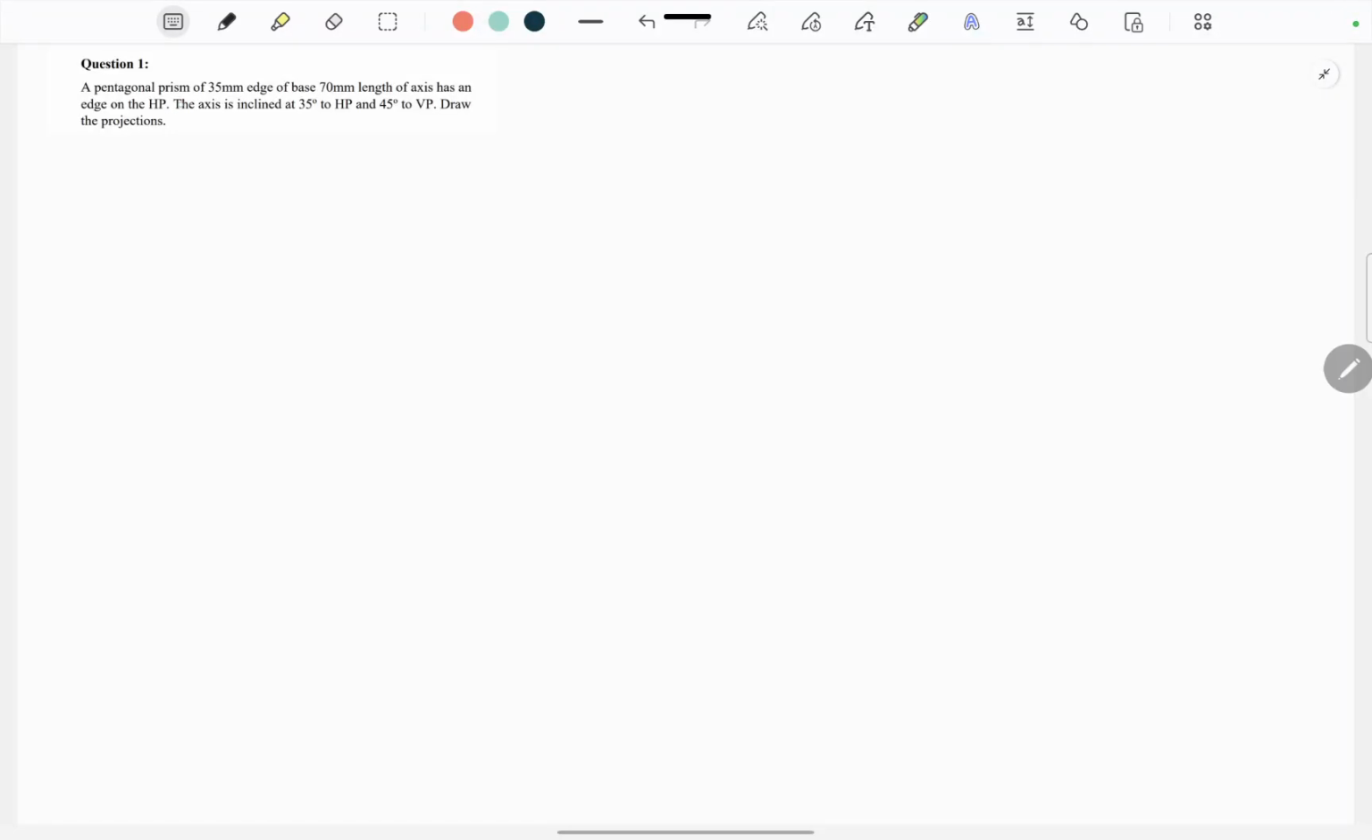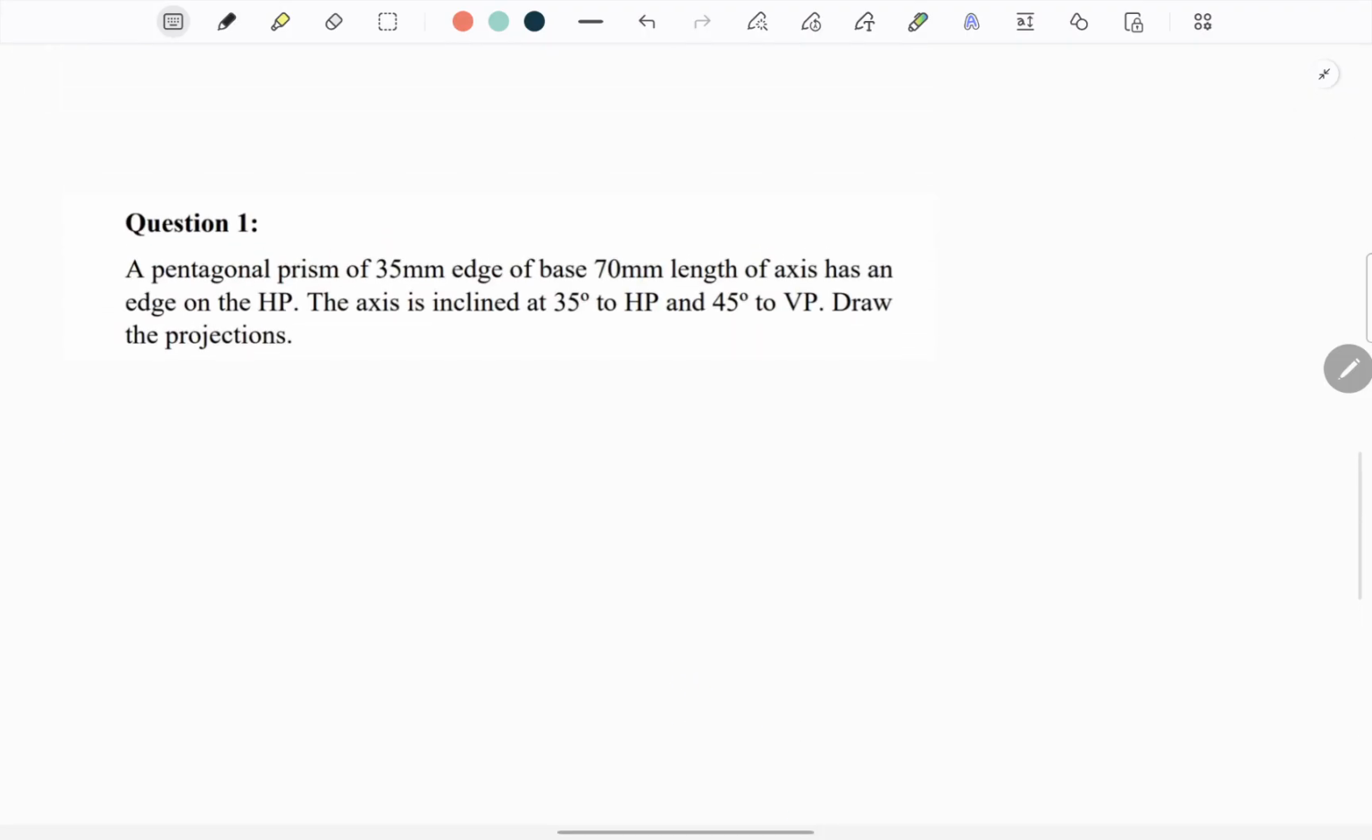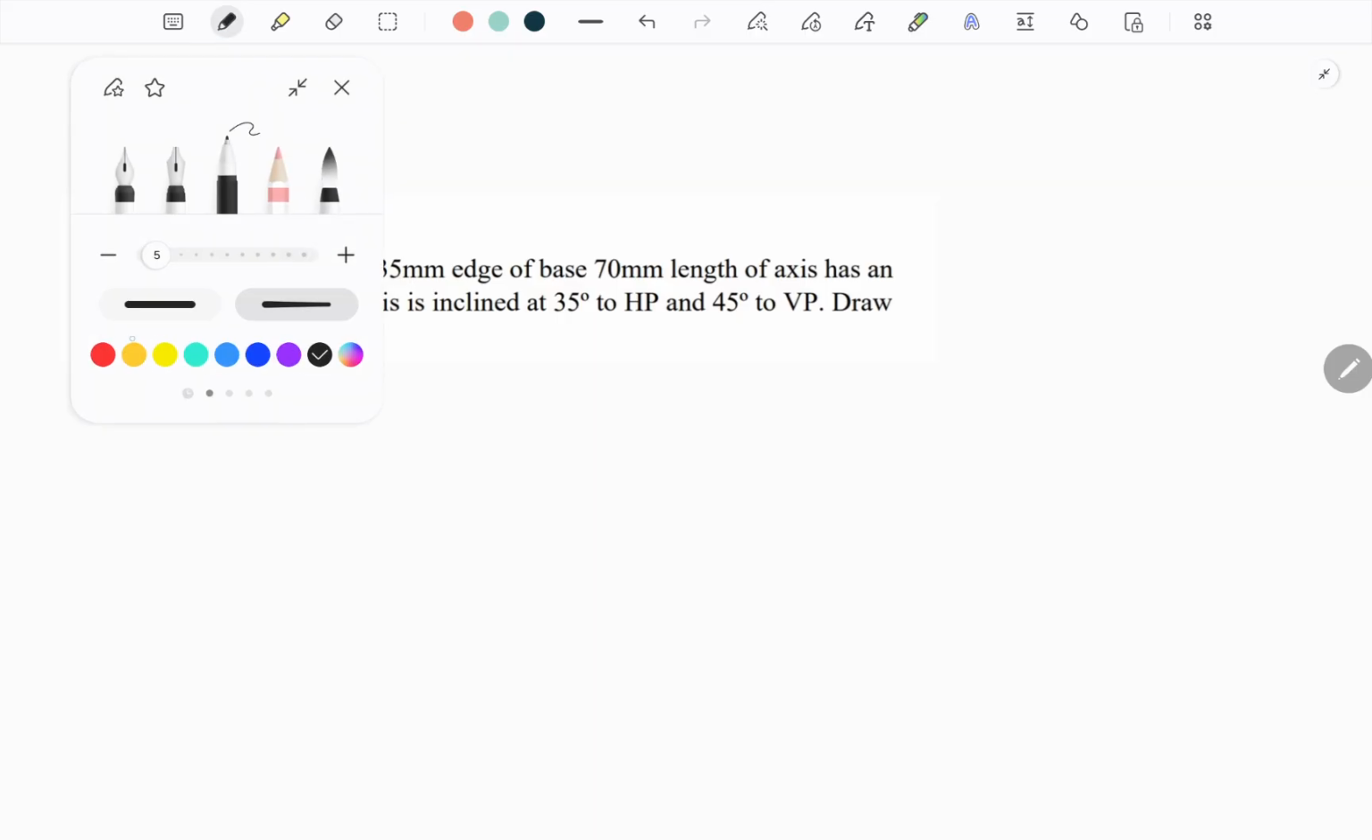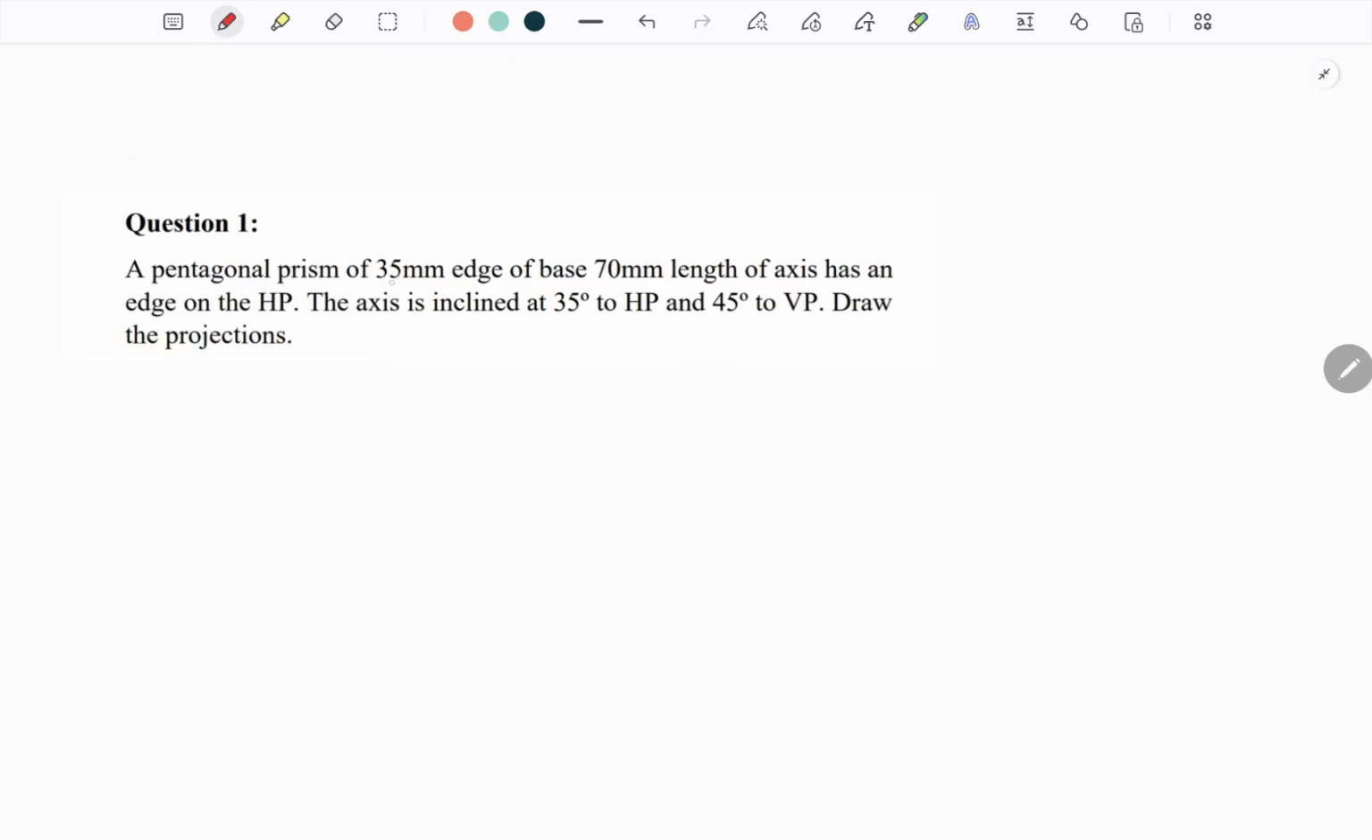Question: a pentagonal prism of 35 mm edge of base and 70 mm axis length is resting on HP. This is very important. Whenever it is resting on HP,